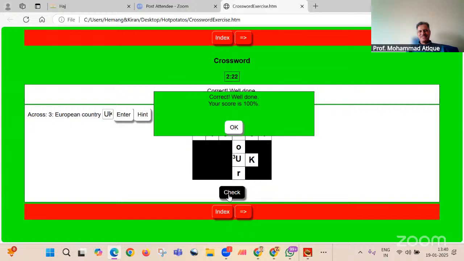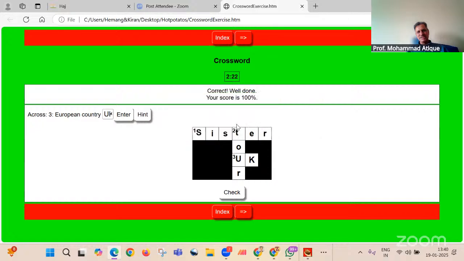If you put some wrong answer, definitely it will give you that much percentage and so on. So this is with regard to crossword. As you can see here, the timer is going up to 22 and so on. The examination will be over after the expiry of 3 minutes, and you will be thrown out of the paper. It will say your time is over, and it will come out.